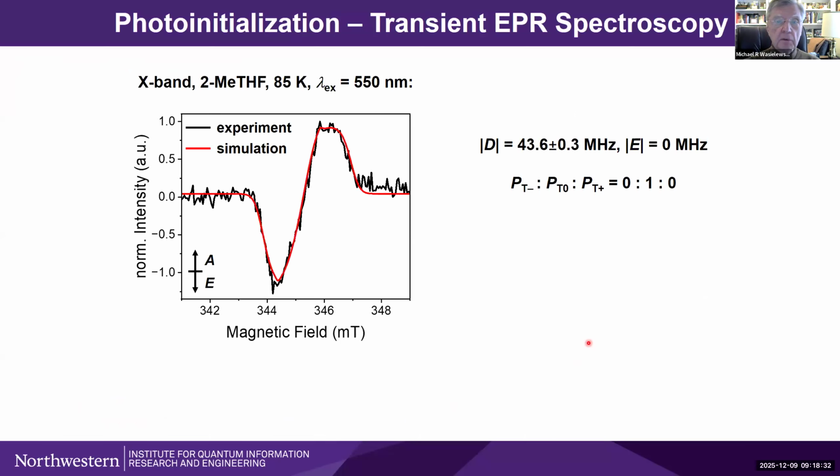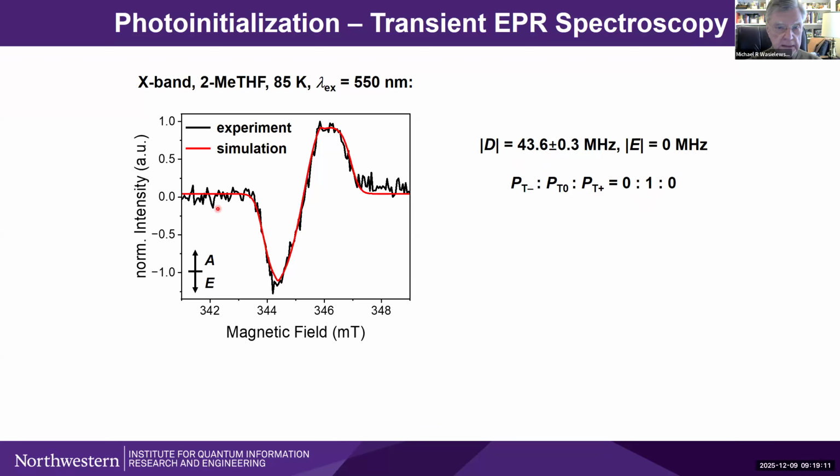Okay, so what about which sublevel in the ground state is actually the one that might be polarized? So once again, doing X-band spectroscopy, we're doing transient EPR, in other words, laser pulse with CW microwaves. And what we find is that when we do that, we get a spin polarized EPR spectrum here. And so this spin polarized spectrum can be analyzed and simulated with the same D value that we measured before. And also noting the fact that in this case, we get selective polarization of the T0 level.